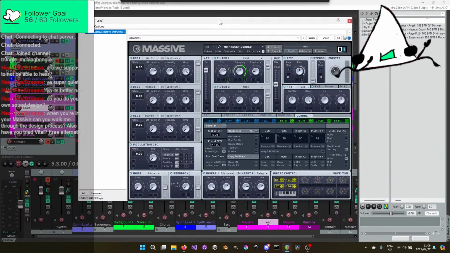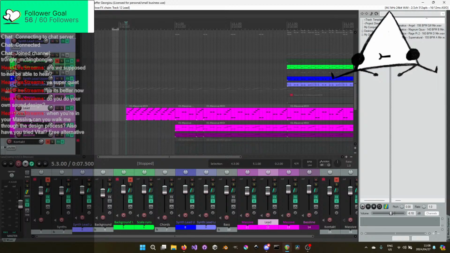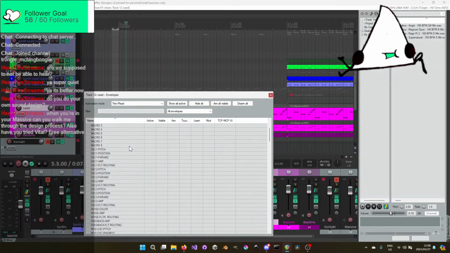But yeah, at the moment I'm currently just messing around with leads and trying to automate some filters to get the intro to be a bit more interesting. I'm trying to just set up the EQ here in the corner to bypass or not right now. I'm still relatively new in Reaper, and I'm trying to figure out where all the things are. We don't want that one. We don't care about those. Oscillator, feedback, filter, insert. It'll be after the effects.